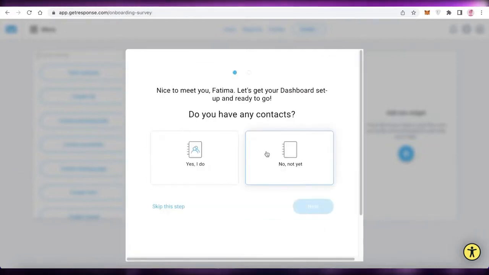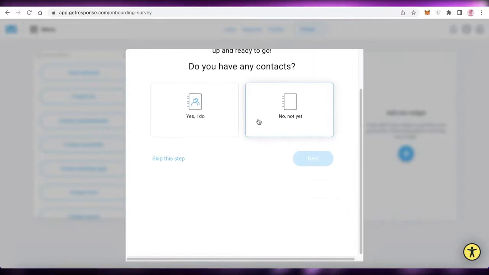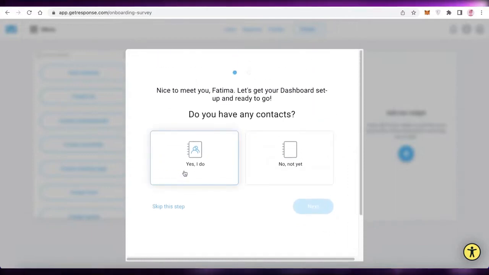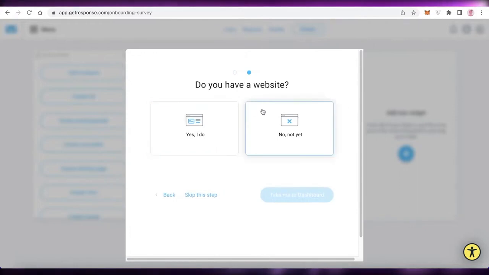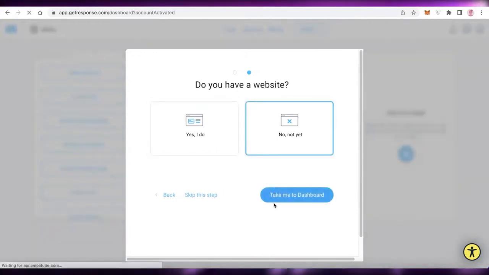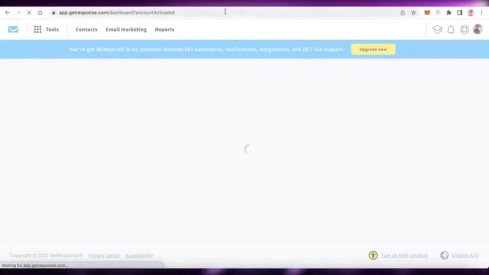Now, once you do that, you're going to click on these options. Now they're going to ask you to set up your account. You can skip this for now, or you can choose to just set up by answering these couple of questions. I'm going to continue with no, not yet. If you have any contacts, or do you have a website? So no, not yet. And now I'm going to click on take me to dashboard, which will lead you to